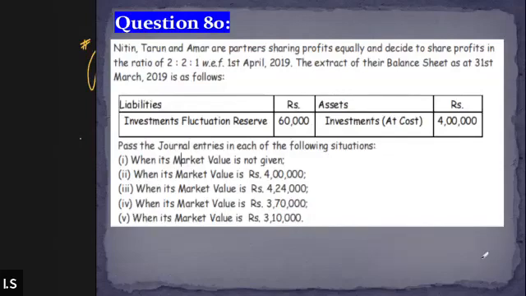Okay, sir. Okay, so this is your homework. This is it for today's class, and we will be discussing more about the investment fluctuation reserve, and we will start a new topic as well in the next class. But make sure you revise everything that we have done in the previous class: the workman compensation, the investment fluctuation reserve, and the calculation of the sacrificing and the gaining. In the next class, we are going to probably start the revaluation account. So make sure that you revise everything before attending the next session. Otherwise, our next session is going to be a difficult one for you.